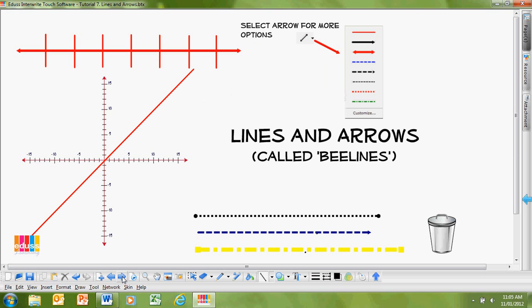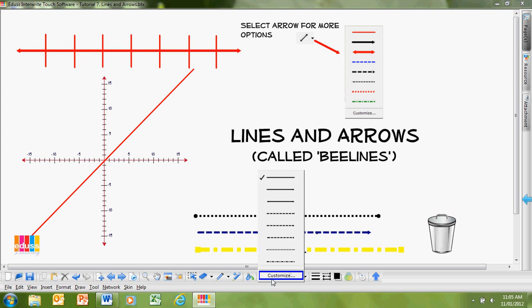The Interwrite software program has a number of different styles of lines and arrows that you can use in your presentations. They're called B-lines. If you go to your taskbar, you'll notice this diagonal line here, and there's a down arrow next to it. Select the down arrow and you'll see that there are a variety of lines. You can customize these lines to suit by going to the word Customize